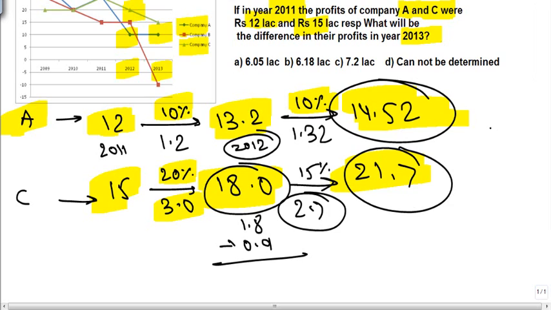So what is the difference in their profits? Difference in their profits, what is it? Please tell me what is the difference in their profits here? This is 20.7, I'm so sorry, 20.7,